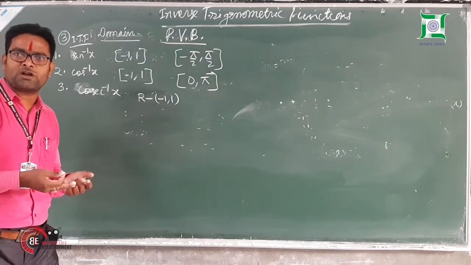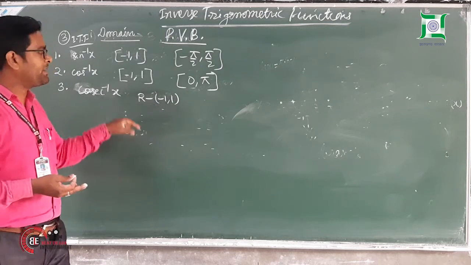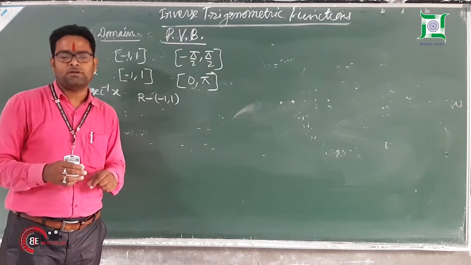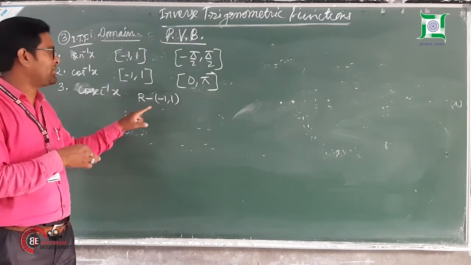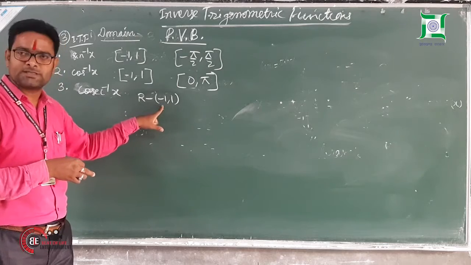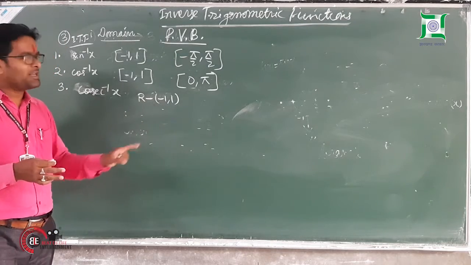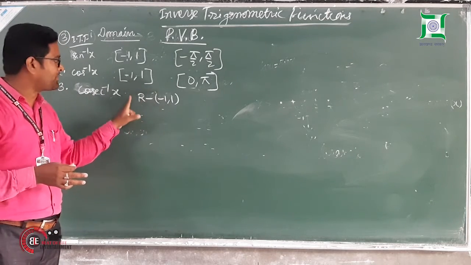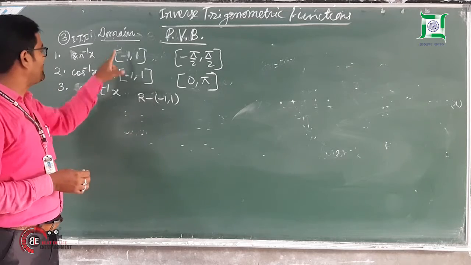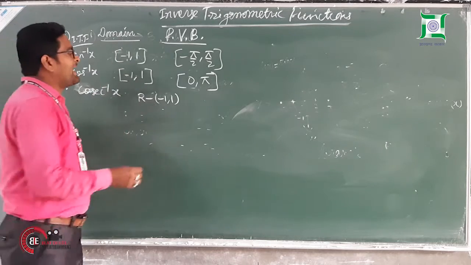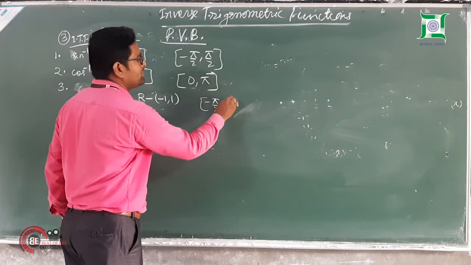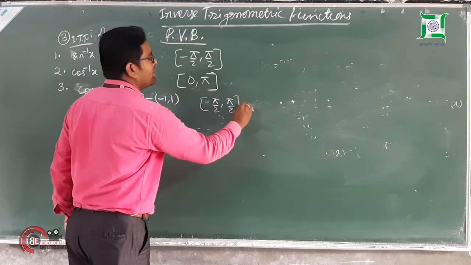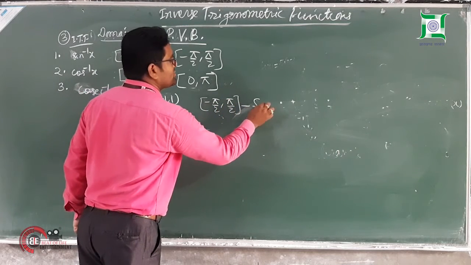You know what is the meaning of curly bracket in terms of sets? It means only minus 1 and 1. So we cannot take that curly bracket or big bracket here. We can have only excluding brackets. That means all the values lying between minus 1 and 1, we have to subtract from the set of real numbers. That will be the domain of cosec inverse x. And its range will be minus pi by 2 to pi by 2 as including, minus only 0.